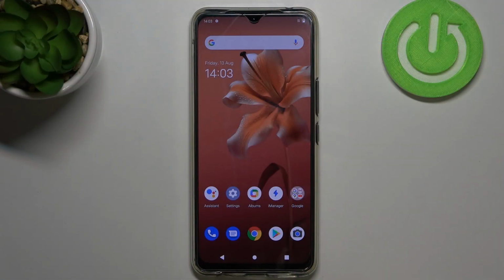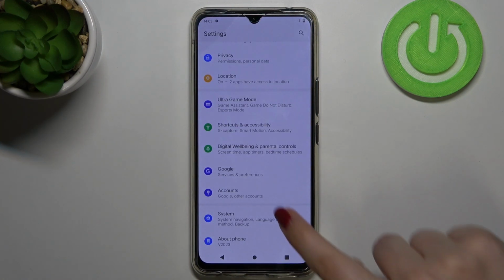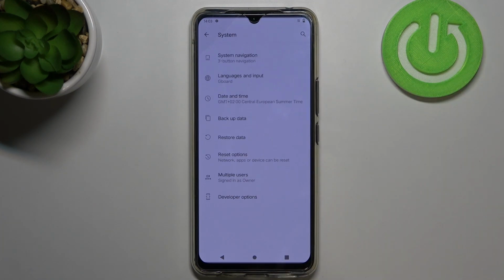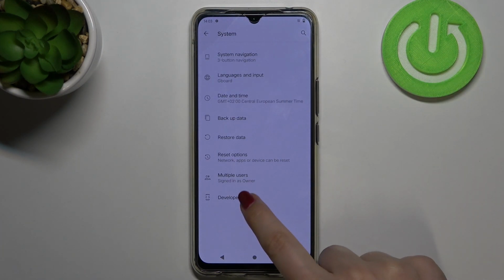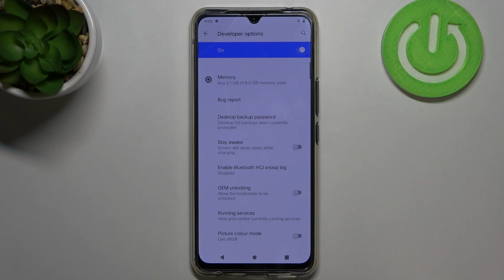Hi everyone, in front of me is VIVO V20 and let me share with you how to enable demo mode on this device. So firstly we have to enter the settings, and now let's scroll down to the very bottom and tap on system. Now let's enter developer options,